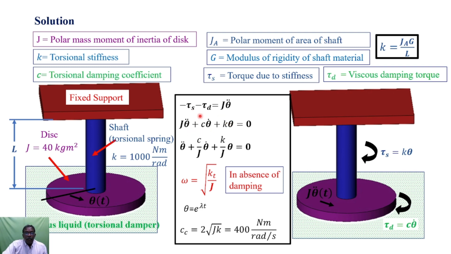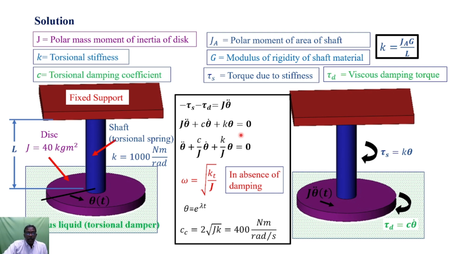Bringing all the terms to one side of the equation, J theta double dot plus c theta dot, that is due to the damping force, plus k theta, that is due to the spring element, is equal to 0. Dividing the entire equation by J, I obtain the equation as shown here, which is the equation of motion of the free vibration of the given torsional system,